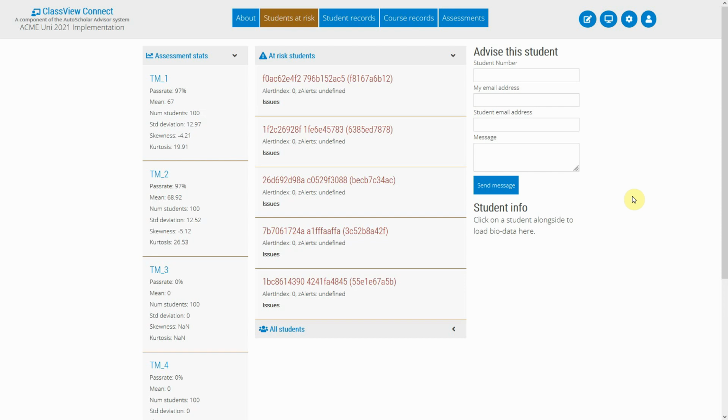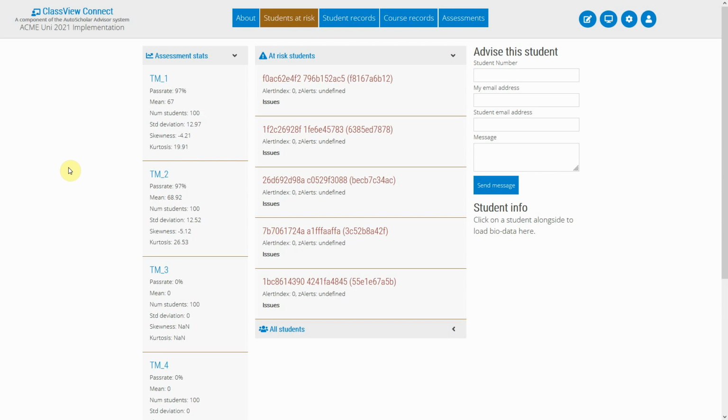Hello and welcome to the session where we are looking at the ClassView Connect component of the AutoScholar Advisor system. This is of the new version 3 that's being written, and this is an early look at some of the first functions that may be of interest. The ClassView Connect component will develop further during the version 3 upgrade, and you'll see all the previous functions and